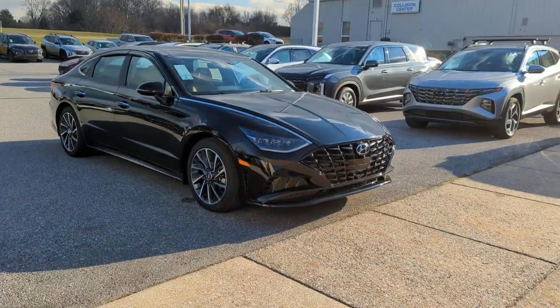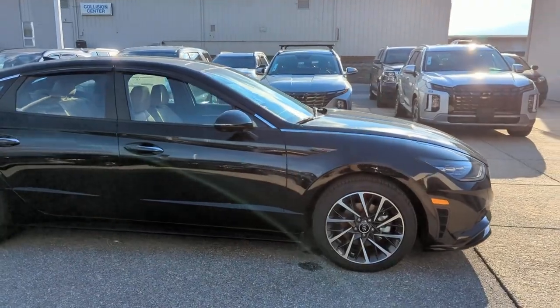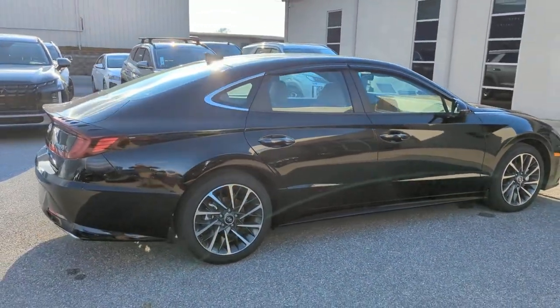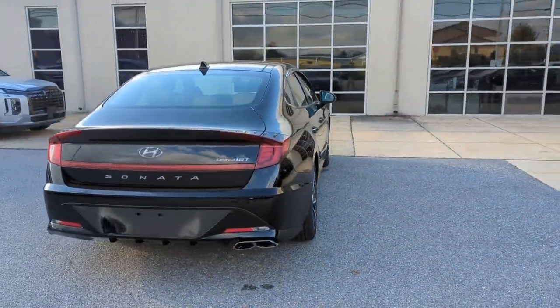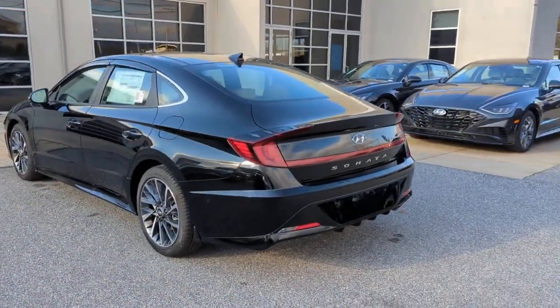Take a moment to check out the 2023 Hyundai Sonata. Whether you're commuting or cruising country roads, this smooth and spacious Sonata makes travel a treat. Its comfortable cabin with standard touchscreen infotainment and driver assistance, along with stylish good looks, make this midsize four-door your